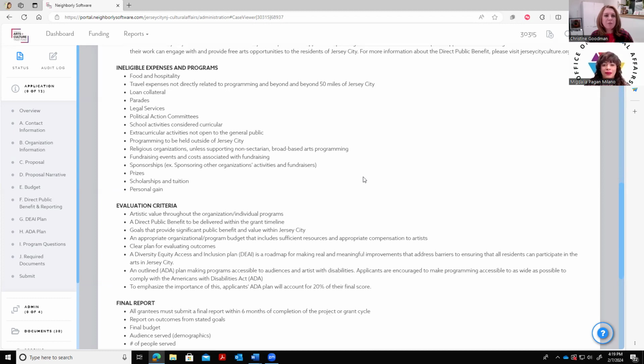Take some time as you're going through the overview page 2 to review ineligible expenses. Food and hospitality, though they are very important to programs, maybe extremely important to certain programs, are not something that is covered with the grant. So please keep that in mind. Travel expenses that are not directly related to your program and go beyond 50 miles outside of Jersey City. Loan collateral, parades, legal services, political action committees, school activities considered curricular, part of the curriculum, extracurricular activities that are